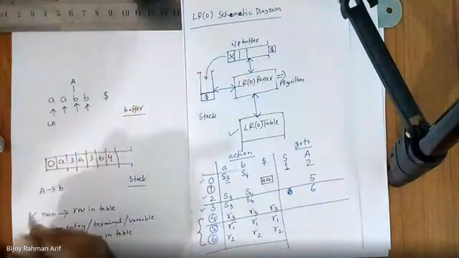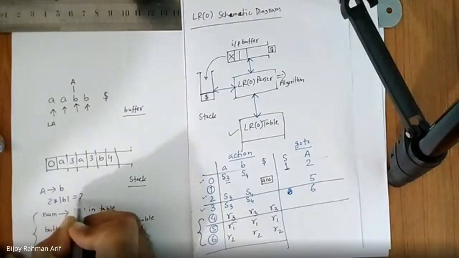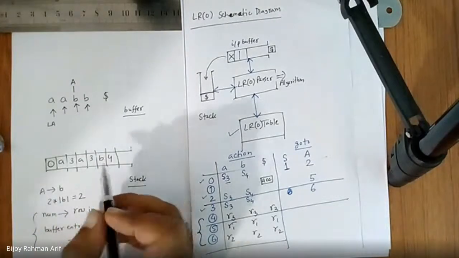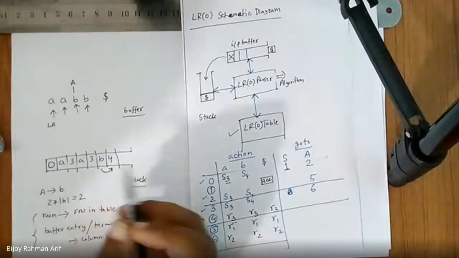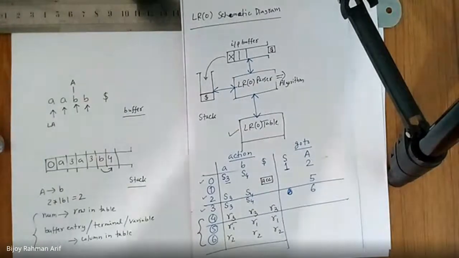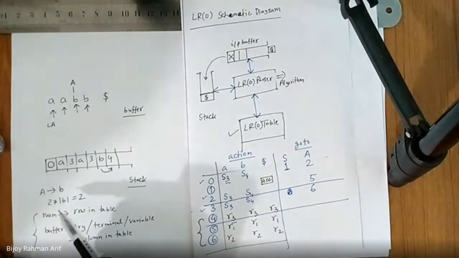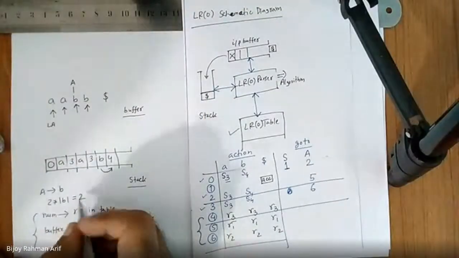You are going to pop out from stack 2 into B, which is nothing but 2. Remember, always 2, because each entry in the stack, in case B, is also followed by the state numbers. So it has additional information. Not only that entry, it has some sort of state information as well. So you have to delete 2 entries together. So in this case, how many entries am I going to delete? 2 entries. Twice the length of RHS.